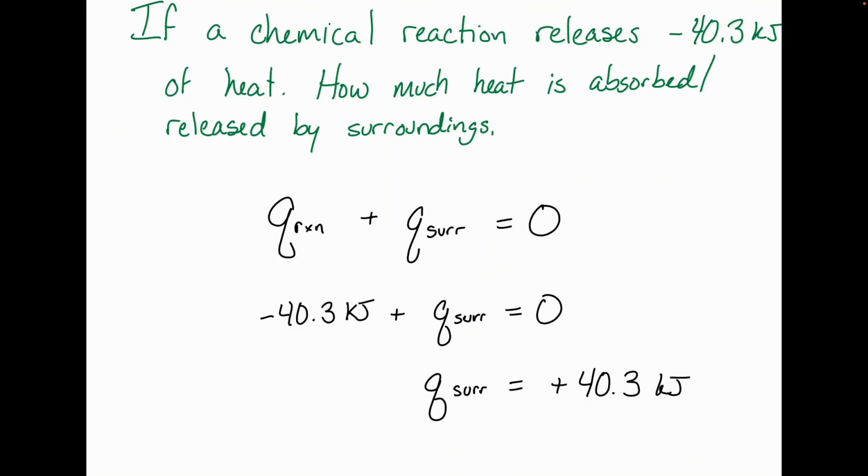Was heat absorbed or released in this reaction here, or in this process here, by our surroundings specifically? My reaction released the heat, so what did the surroundings do? They absorbed that heat that was released by the reaction. Right? So in this case, it's absorbed, not released. And again, we can see that based on the sign of that value of Q. A positive Q means that we are absorbing heat here. So the temperature of my surroundings in this reaction would increase because my reaction has released heat. All right.